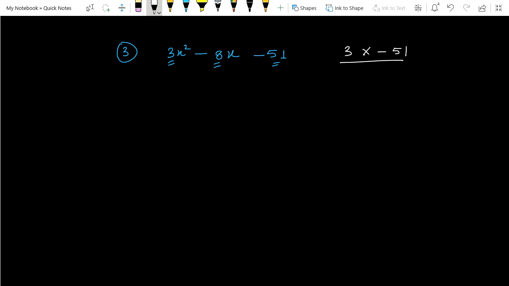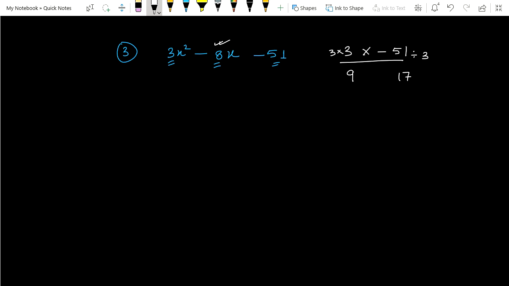So this pair is not useful because with the help of -51 and 3 we cannot create -8. If we add them, -51 and 3, we cannot create anyhow -8. So what do we have to do? 51 is 17 into 3, that is 51. So I am going to divide this 51 by 3. That means removing 3 from here and now existing 3 here. So that is the new pair 9 and 17.